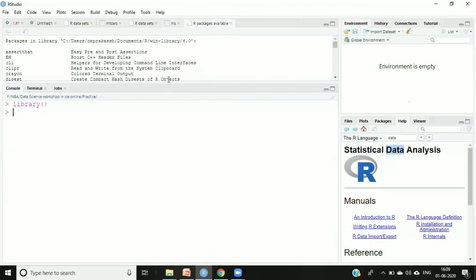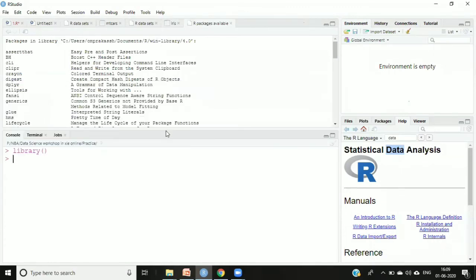So you will see the libraries which are already there with this RStudio. If you remember, during the start of the session, the dplyr library was mentioned, which is available over here. So what is the main idea behind these libraries? If we require different functionalities that are not available, we will search for the library and install it.